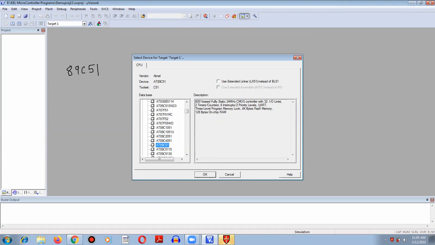For serial communication there is a UART, universal asynchronous receiver transmitter. Flash memory is available over here, which is nothing but ROM, and on-chip RAM of 128 bytes. Similarly, if I highlight any other microcontroller, I can see the corresponding description of that particular microcontroller. So here I am clicking on 89C51 and I am saying OK.